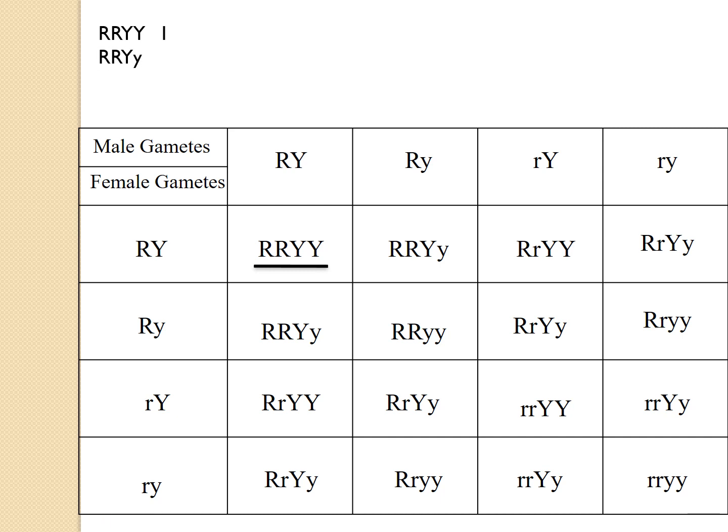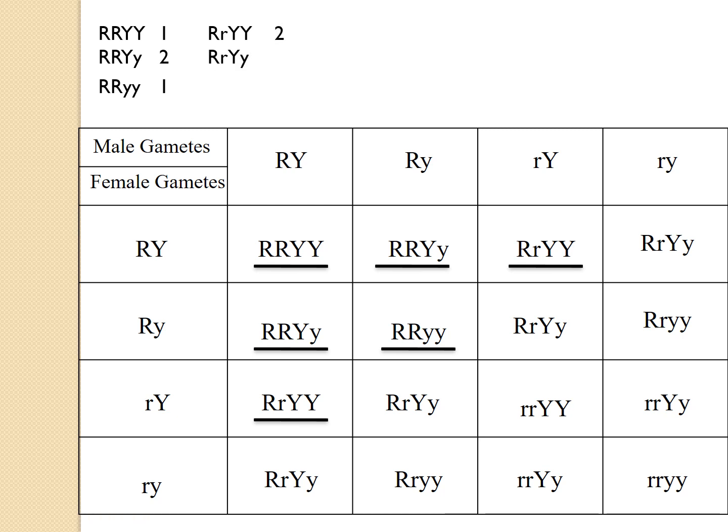Alright. Let's look at the next one. Capital R, capital R, capital Y, small y. So here I need to search for it. So I have capital R, capital R, capital Y, small y, capital R, capital R, capital Y, small y. So a total of 2. So I write 2. Next, capital R, capital R, small y, small y. So that's only 1 here. So I'll write 1. I hope you all are understanding. Next, capital R, small r, capital Y, capital Y. So here I have 1, 2. So I have 2.